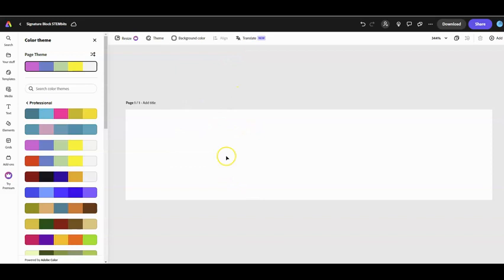You can have it different, whatever color. I have ones that I use that are blue background, and it kind of stands out, looks nice. But for this particular one, I want to make it real simple and have just a simple white background. All right, so now I've got my color theme, I've got my canvas size, and I'm going to start adding